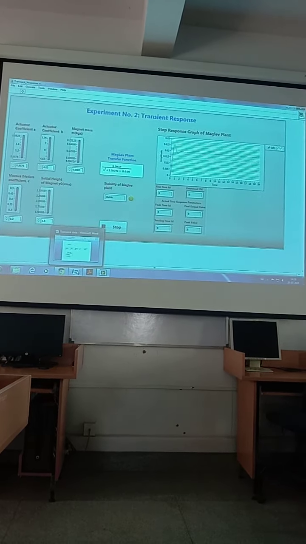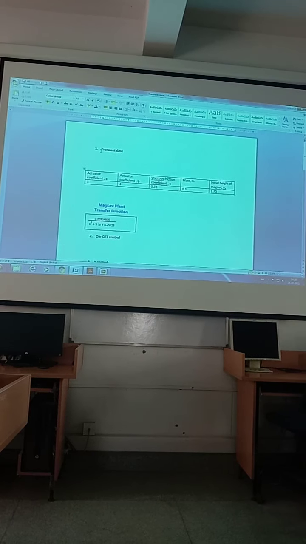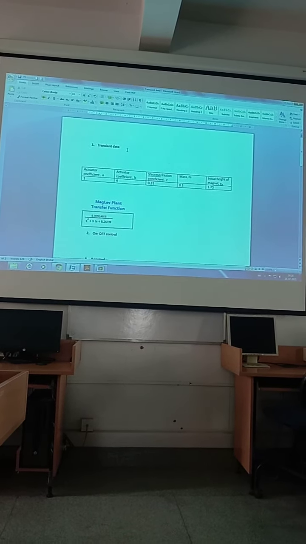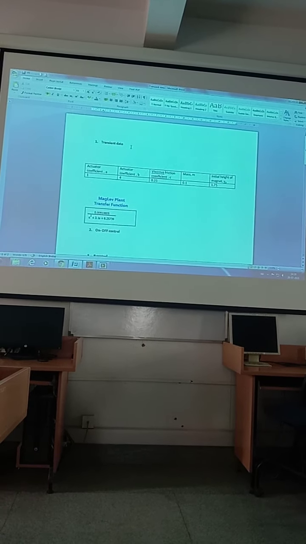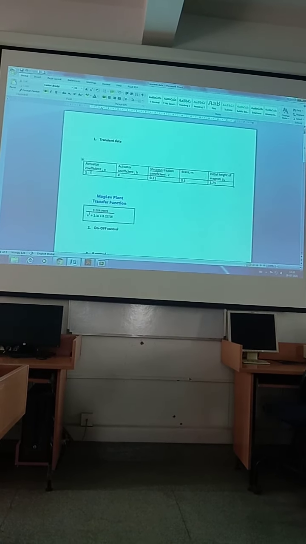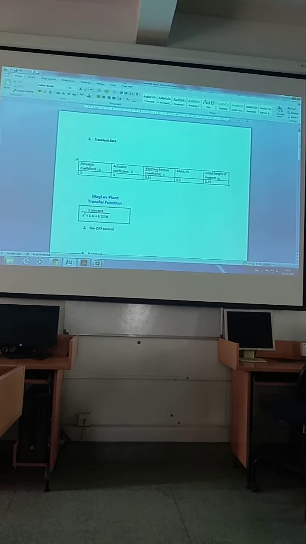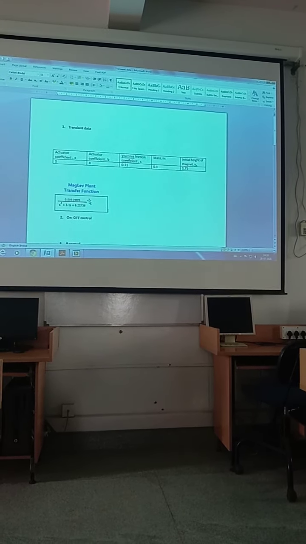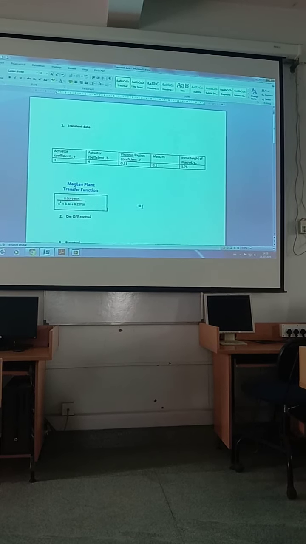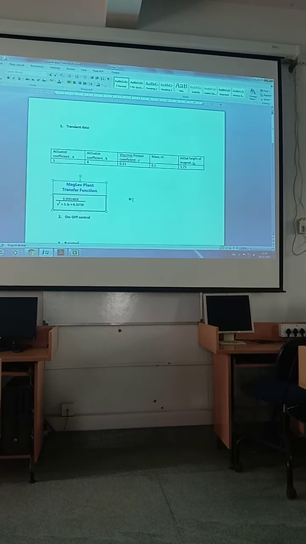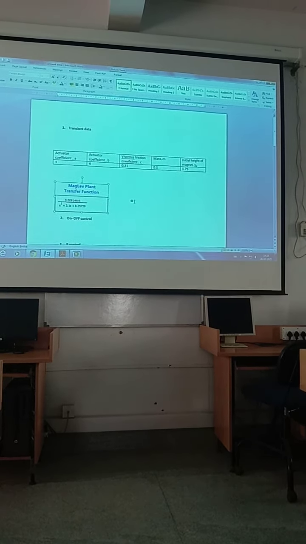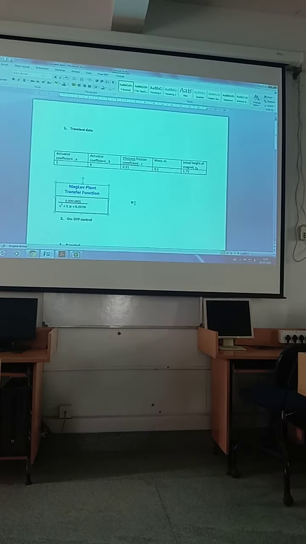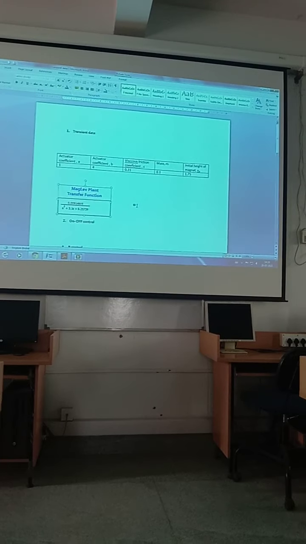Now, what we are supposed to do: transient data will be given to you. Initially, for this transient experiment, the magnetic levitation plant transfer function will be given to you first. Directly we will give the transfer function.